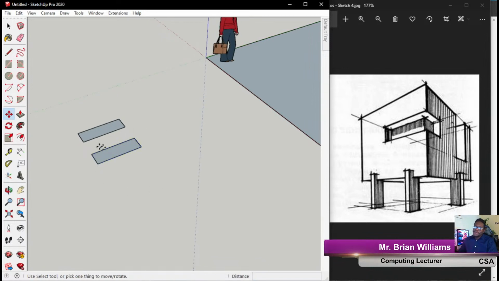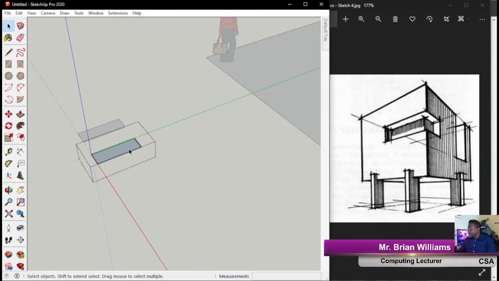So far we have the faces and we have the group. Now, if I wanted to edit the group, the quickest way to do that is I could double click, and notice when I double click, everything else goes pale, right? And when everything goes pale, it